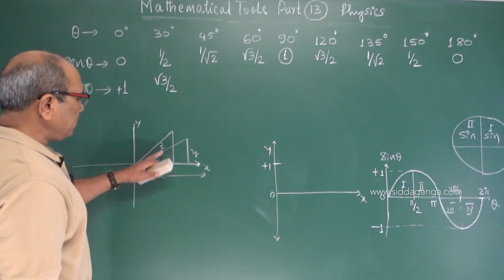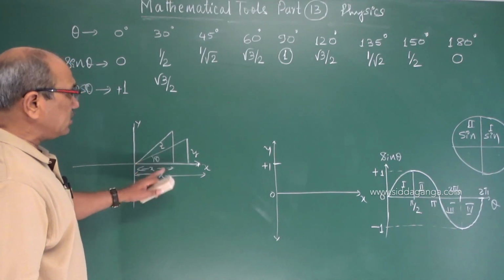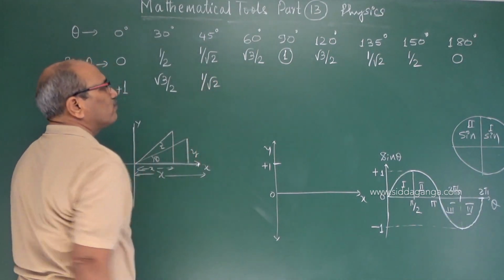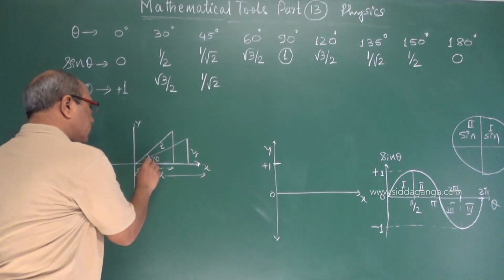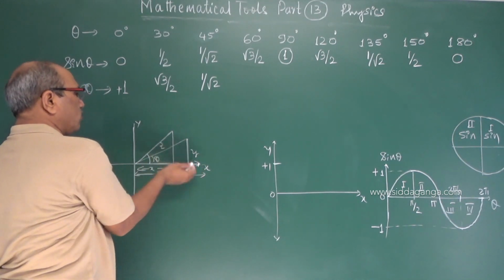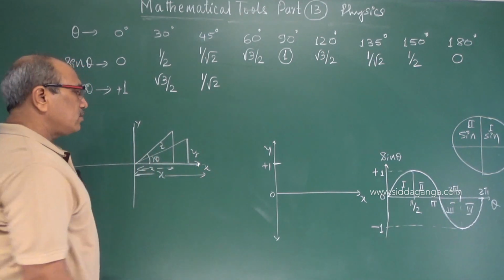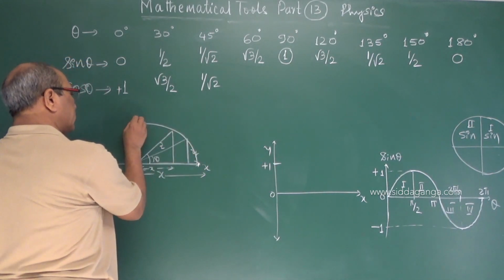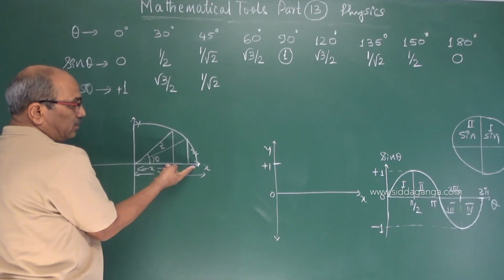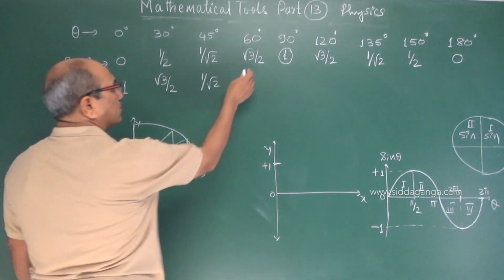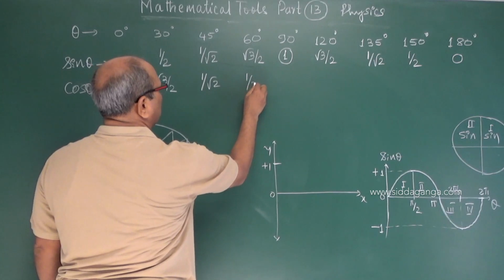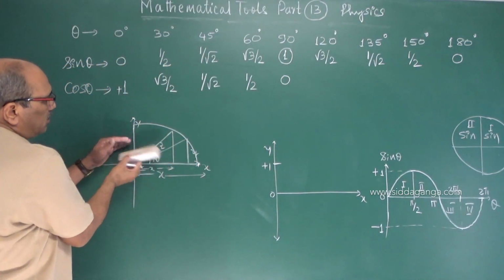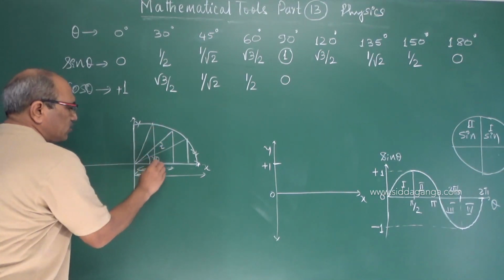And if you go for 45 degrees, measured suitably with x and z values, as I told for sine, you get 1 by √2. If you come to 60 degrees, the curve is again, if you go on seeing it, you will get 1 by 2. Curve will be like a sine, but in reverse order. So we started from 0 reaching 90. At 90 it becomes 0 because you see that the x value goes on